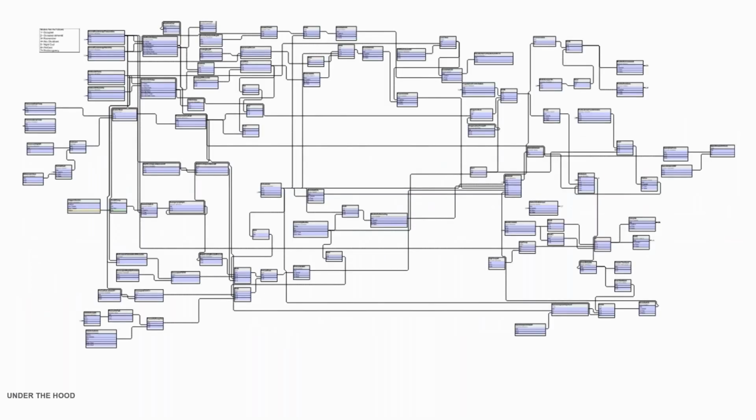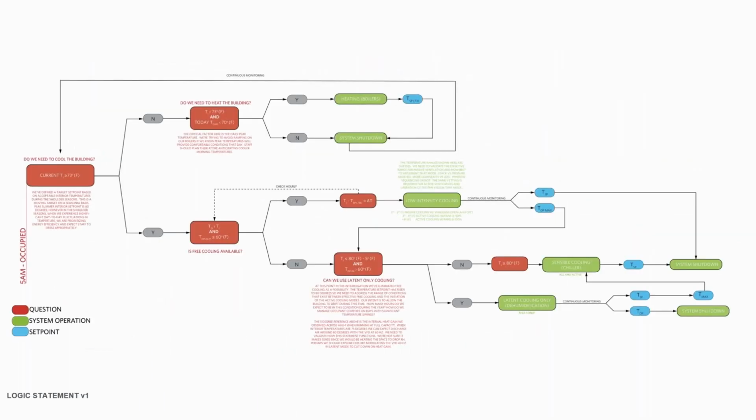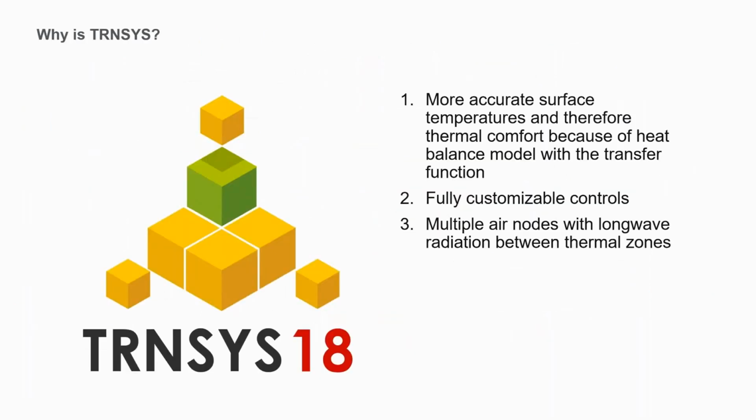So this was the kind of control system they presented us with, that their controls guys had taken what they had asked for and turned it into this spaghetti of logic, and asked us to bring some clarity to it. So we did this